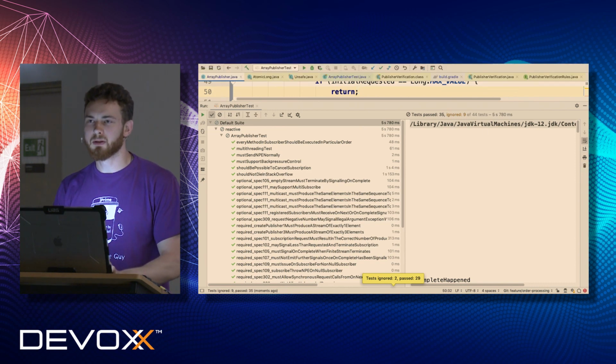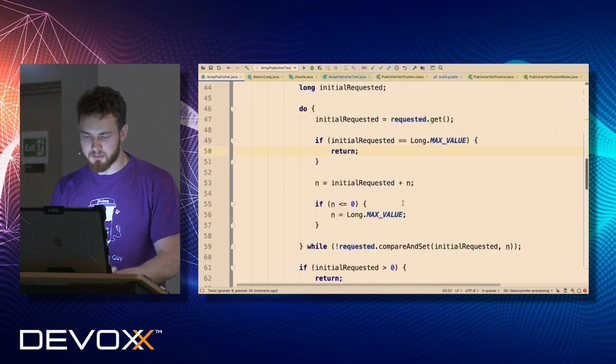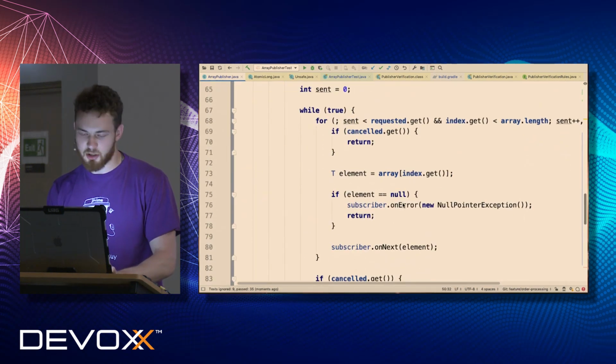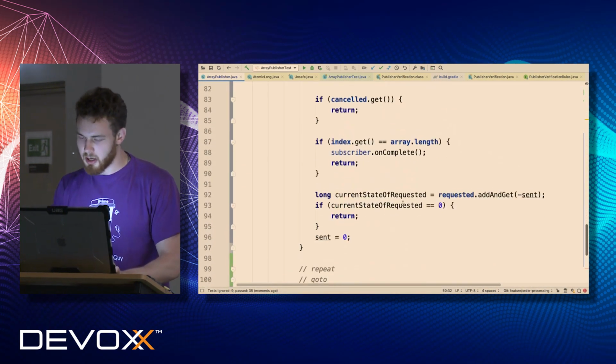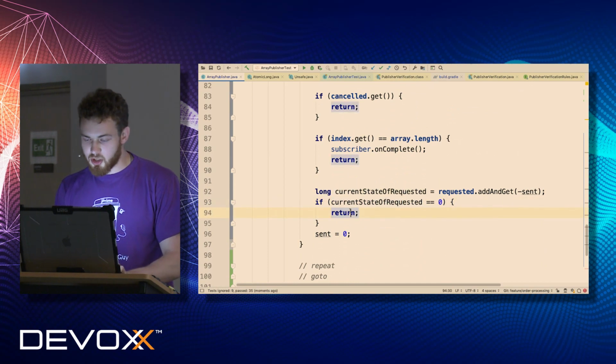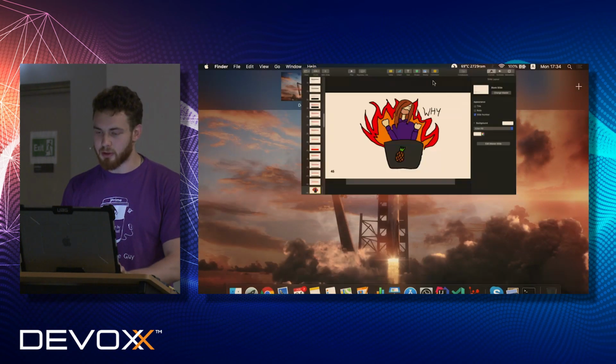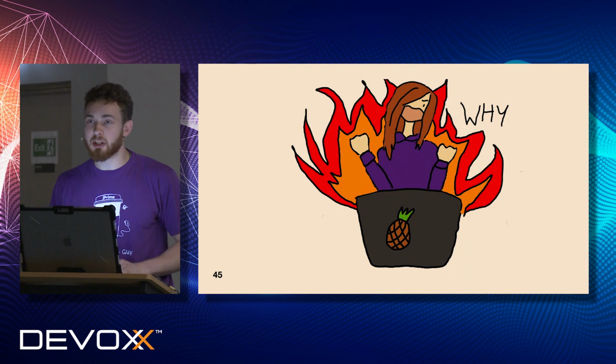No? All good? So then let's move forward. If you have any questions, don't hesitate to interrupt me and ask. But in general, that's basically all we have to do in order to make our implementation work.